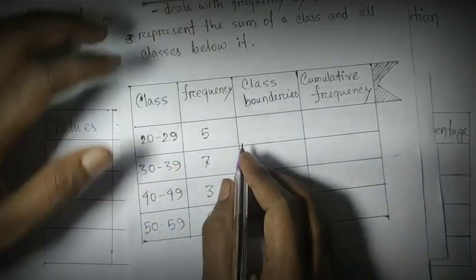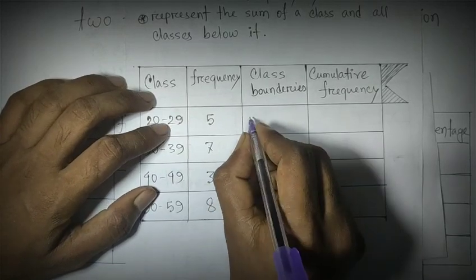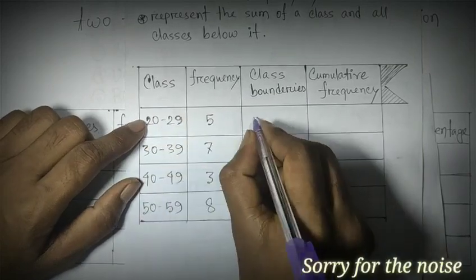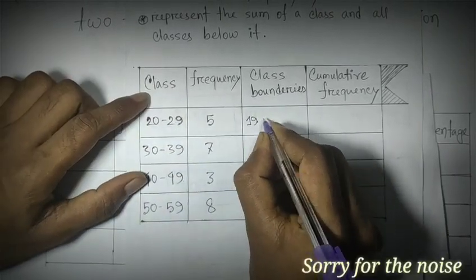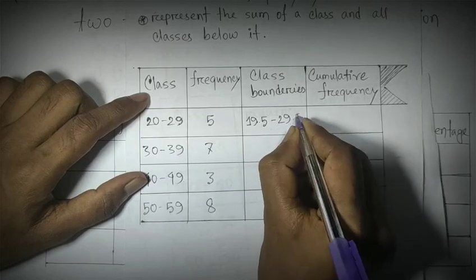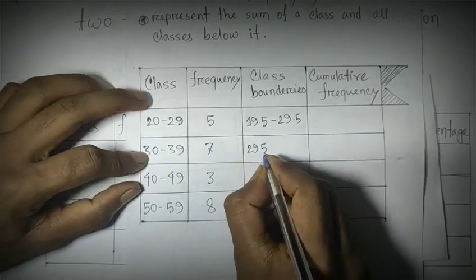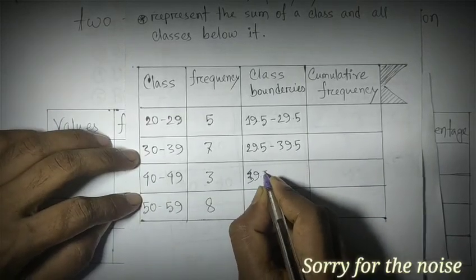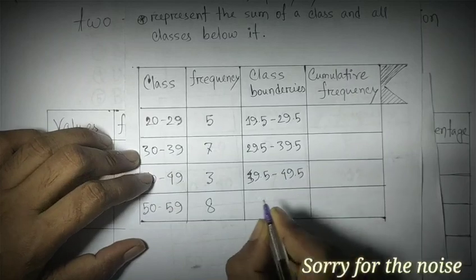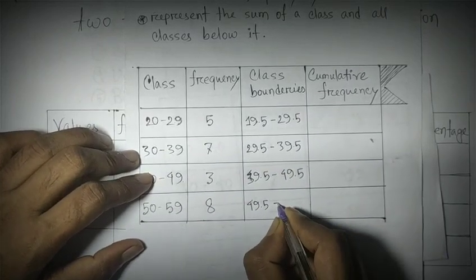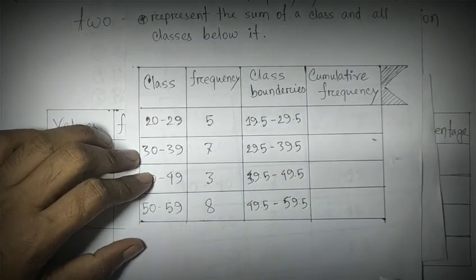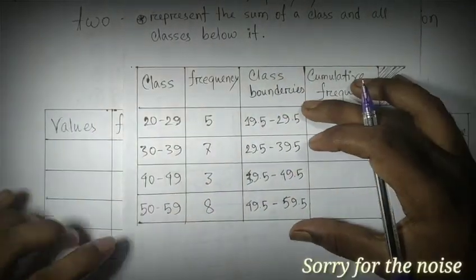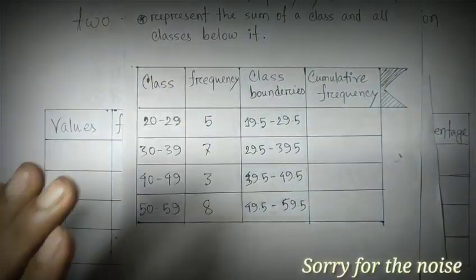And by adding 0.5 to 29, it will be 29.5, and by subtracting 0.5 from 20, it will be 19.5. Then the class boundaries will be 19.5 to 29.5, 29.5 to 39.5, 39.5 to 49.5, and 49.5 to 59.5. What we have done is made this frequency distribution exclusive from inclusive, and now we can write down the